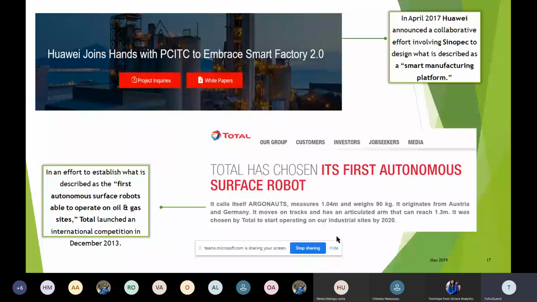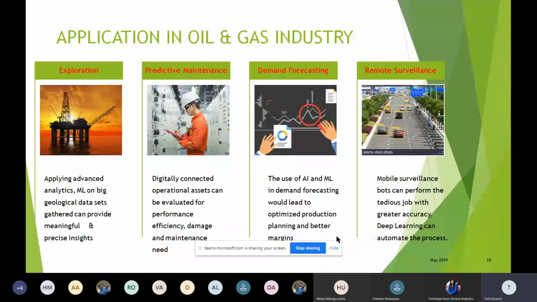So where do we then see potential applications for data analytics in the oil and gas industry? So in exploration. So from the process of gathering the data, analyzing the data, modeling the data, and drawing insights about hydrocarbon exploration, machine learning, AI, and the whole spectrum of data analytics can find good application there. And some of it is already there actually. So I'll just maybe mention one.